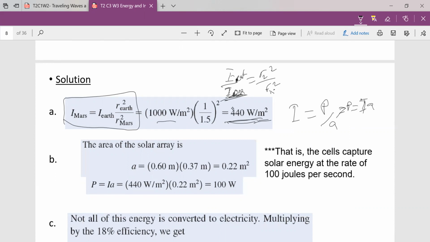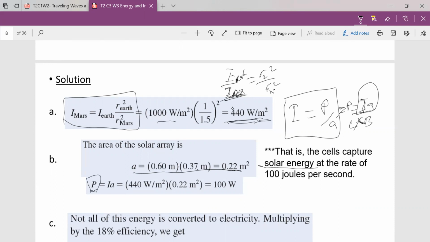And the area of the panel is given by length times breadth. So that's how we got this. For the area of the solar array, the length was given to us and the width was given to us. We got the area. Substituting that directly into our intensity formula, making power the subject of the formula,